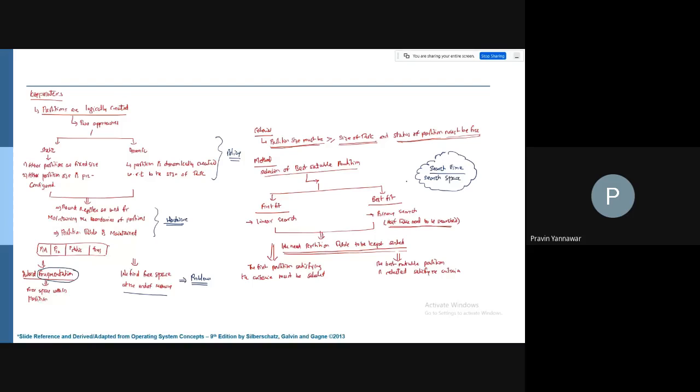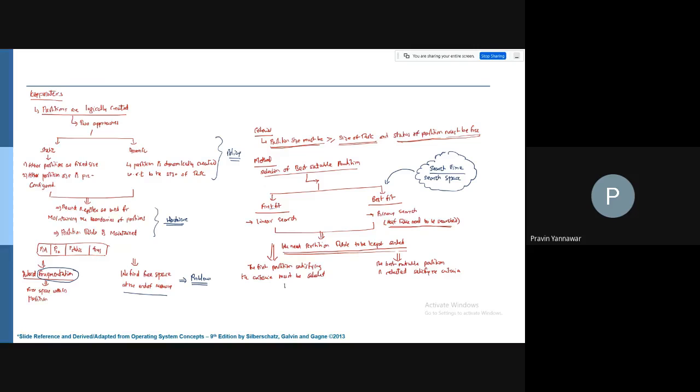Just to minimize the search space, we go for best fit. In case of first fit, the search space is maximum. In best fit, the search space is half. Okay, so this is important.